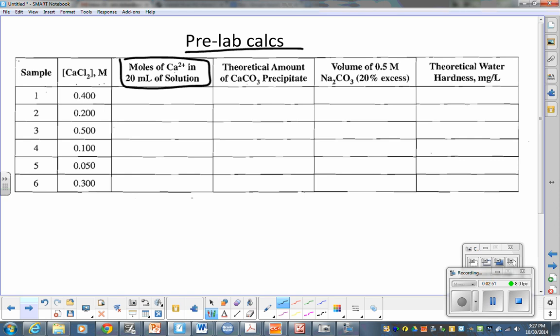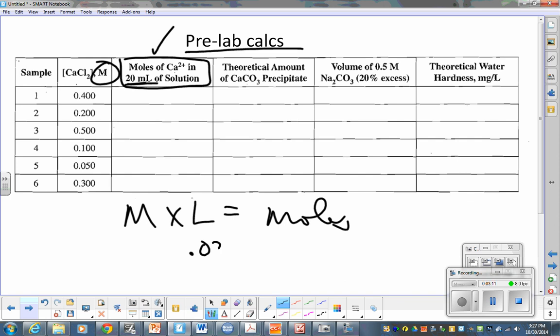The first thing you have to calculate is the moles of Ca2+ in solution. I'm giving you the molarity, and you're always going to be using 20 milliliters. So remember, to get moles, it's M times L that will always give us moles of an ion in solution. So in this case, I'll do a sample. I'm going to take 20 milliliters, which is the same thing as 0.020 liters. And then I know my molarity for solution 1 would be